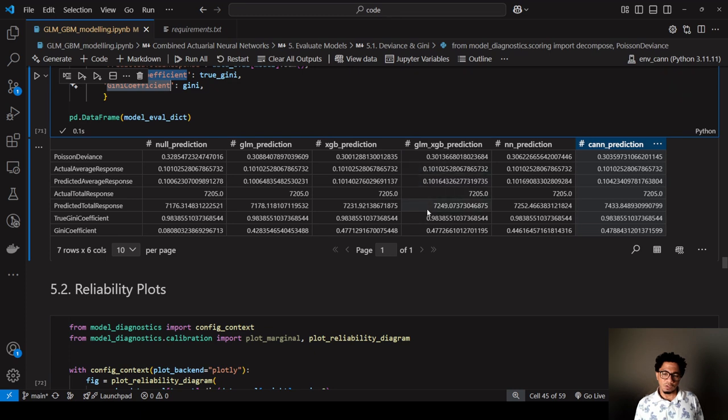The bias tends to be quite good, and it's pretty on par with the Gini coefficient. I would say it's kind of on par with a normal GBM model. So I suppose the benefit here is you maintain the same predictive power as a normal GBM model, gradient boosted trees model,